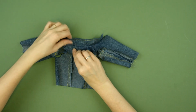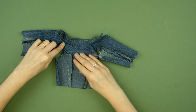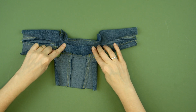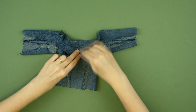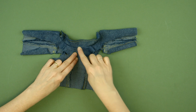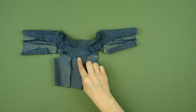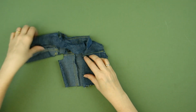So make sure it's ironed flat first so it doesn't pull it out of shape, and then just a few stitches tacked on the seams just to hold it down. So across where the back yoke joins the back is a good place as well, and that'll hold that all flat and keep it neat. And once you've done that, fold your jacket like this,